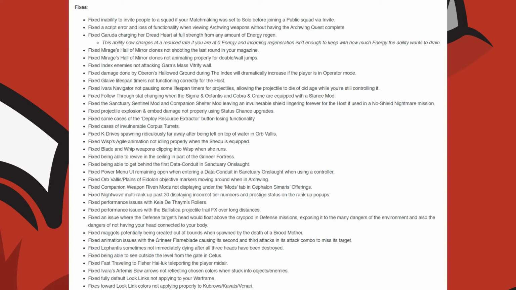They fixed projectile explosions and embed damage not properly using status chance upgrades, some cases of the deploy resource extractor button losing functionality, cases of invulnerable Corpus turrets. They fixed K-Drive spawning ridiculously far away after being left on top of water in the Orb Vallis, Wisp's agile animation not idling properly when the Shadow is equipped, the Blade and Whip weapons clipping into Wisp when she runs,